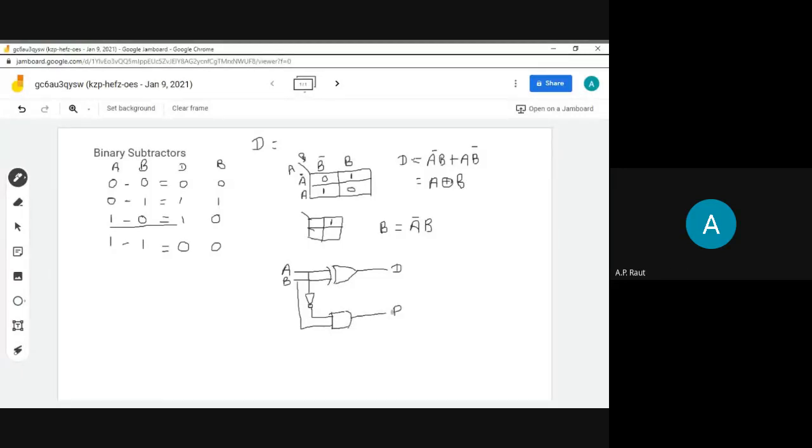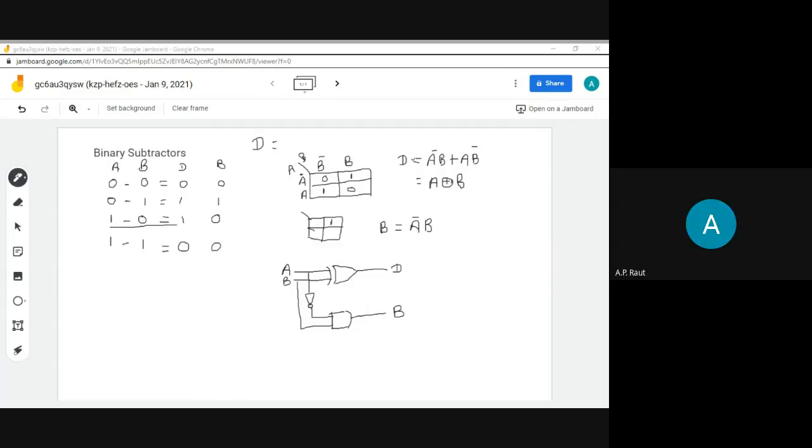Okay, understand the half subtractor because we already know the half adder. It is the same as the half adder, only the output differs. The logic diagram is very simple: first is the XOR gate, second one is the AND gate with a NOT gate because A bar is present. So when we present A bar, we directly take input A through a NOT gate. Okay, understand? Half subtractor. Yes, ma'am.